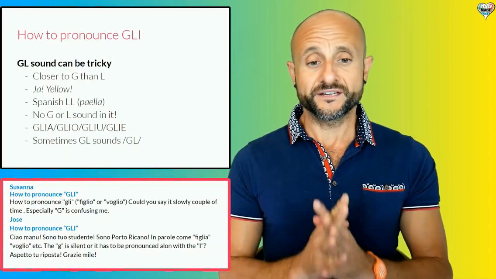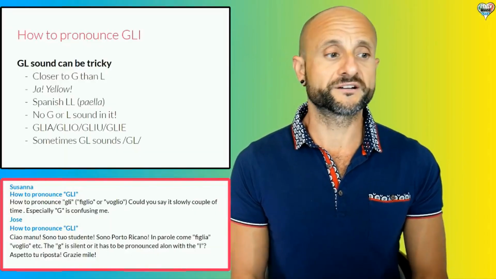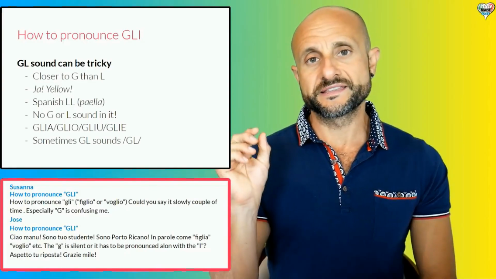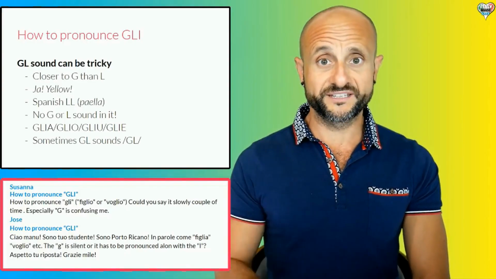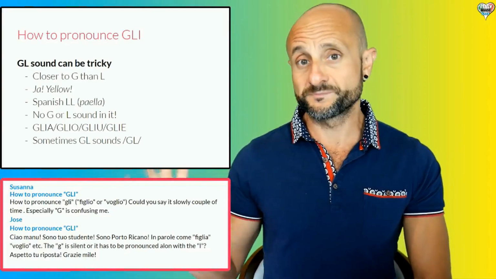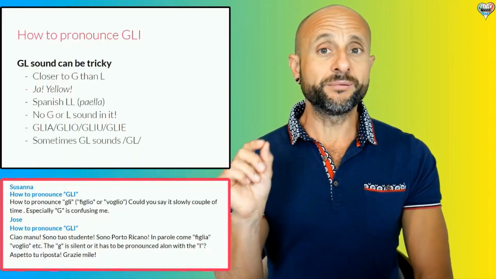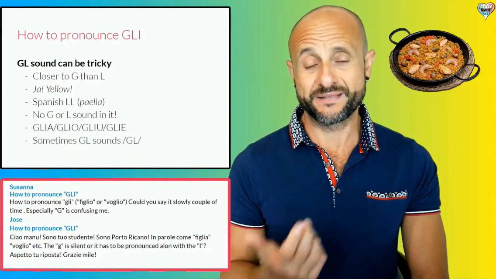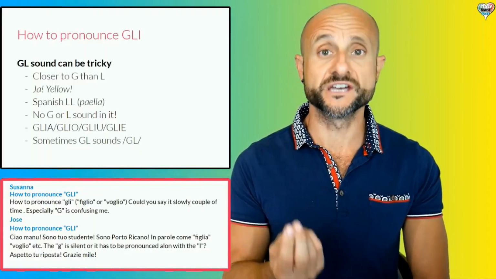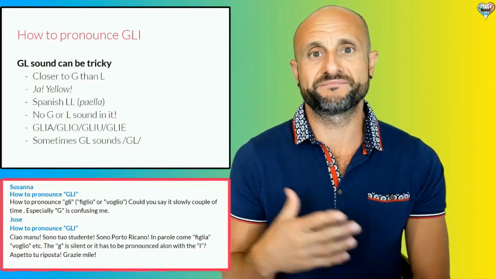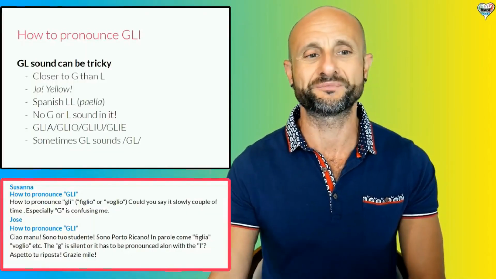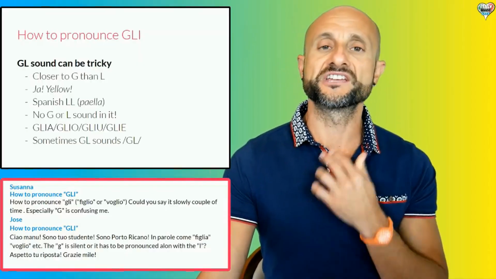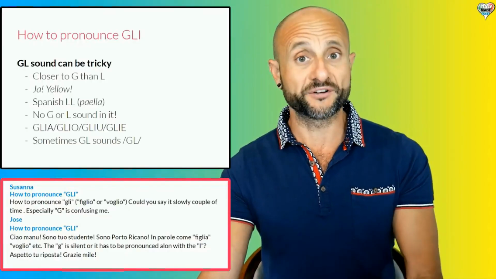Now, Jose, since you are a Spanish speaker, if you think of some variants of Spanish, particularly from some parts of Spain, you have the double L in Spanish, the elle pronounced Y, like paella, paella. It's the same Y. Of course, it's not the same if you pronounce it with a J or some other sounds in Spanish, but if you pronounce it as a Y, it's the same sound as in Spanish.